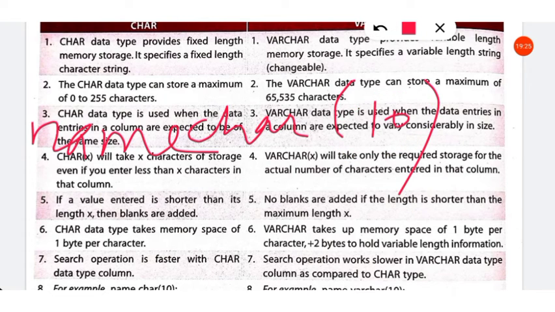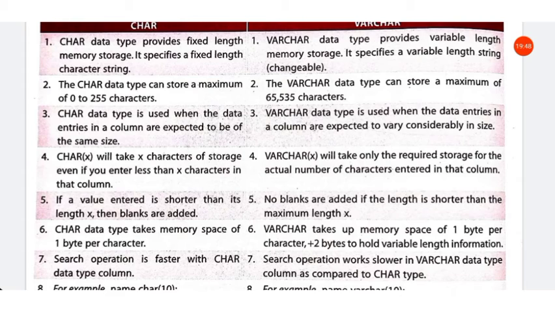Even if I store a letter A, then also the other 9 memory spaces will be allotted to that particular name, even if it requires only a single memory space. So it is a fixed length memory storage. It specifies a fixed length character string.